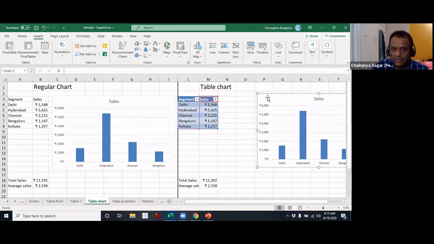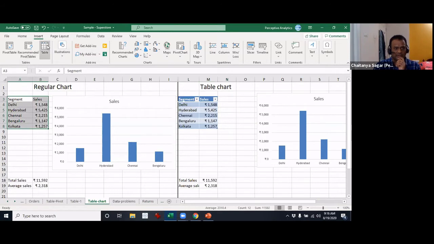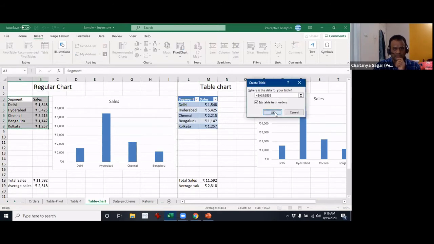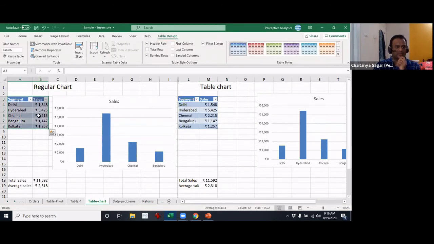All right, so let me just go over this. First of all, how you do this is very simple. You use the table, it's already there, so that's why it's not showing, it's grayed out. But if I were to do this, you can click on this and get your table right here, like it happened here.